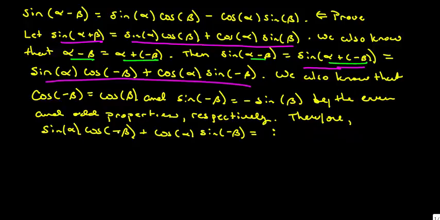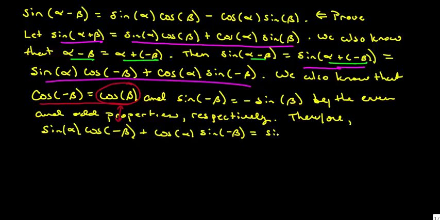This negative is going to disappear. Why? Because of this. So this thing can be replaced with this thing right here. So these two can replace one another. So my first part here